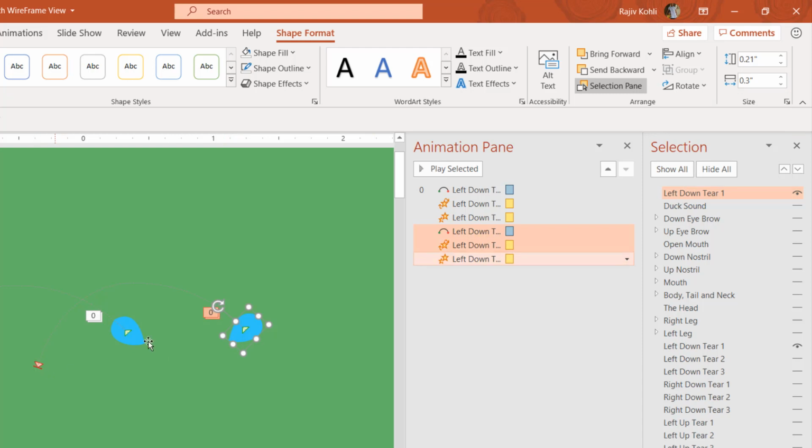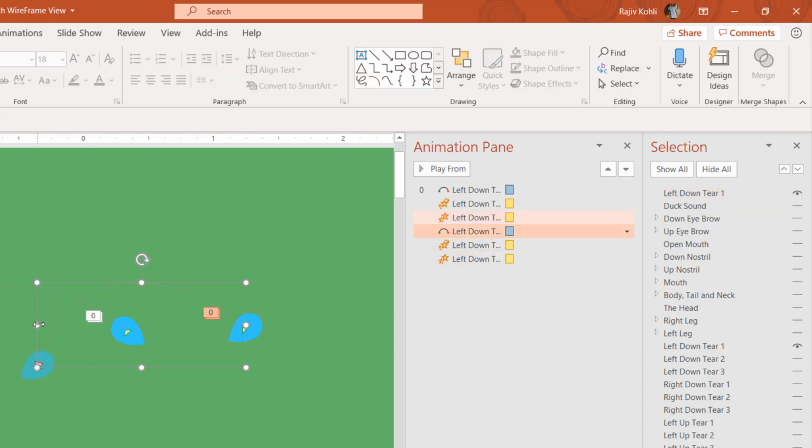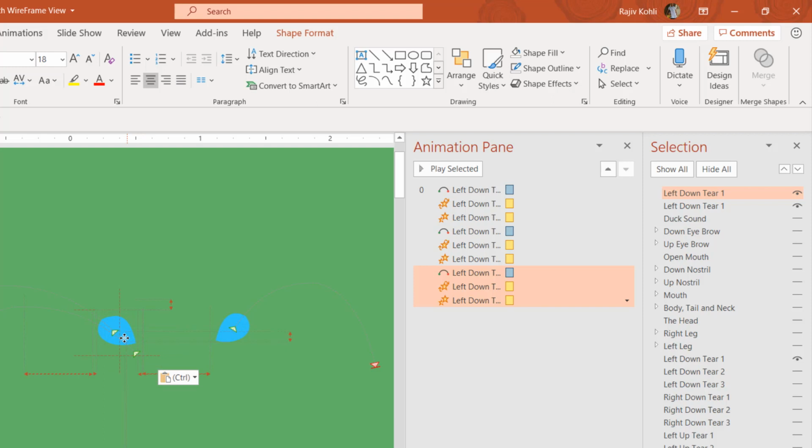That you have to do manually by selecting the effect from the animation pane, and then you can drag and drop this handler to change the position of the same animation to the right side. So that is the technique I always use to replicate animation for both of the sides. And then you can start replicating these tiers again and place them on top of the previous one. That way it will hide the other objects.